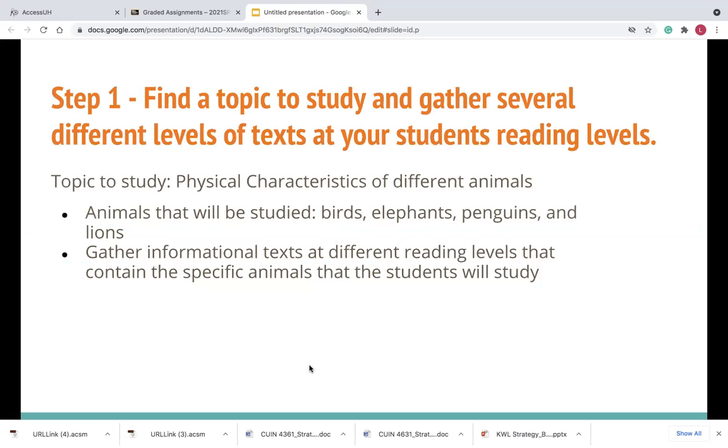So step one would be to find a topic to study and gather several different levels of text at your students' reading levels. The topic to study, of course, would be the physical characteristics of different animals. The animals that we would be studying would be birds, elephants, penguins, and lions. And then gather informational text at the reading levels that contain the specific animals that the students will study. If you can, I mean, second grade, you'll have different reading levels. Really look at